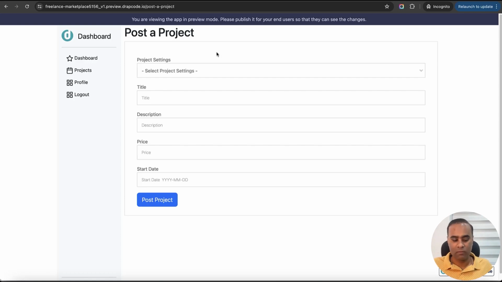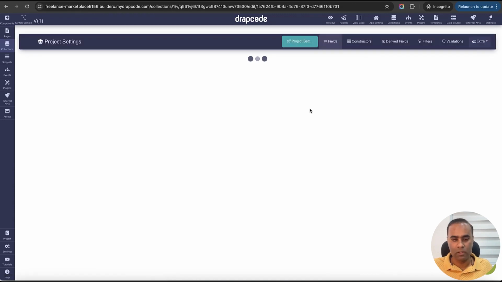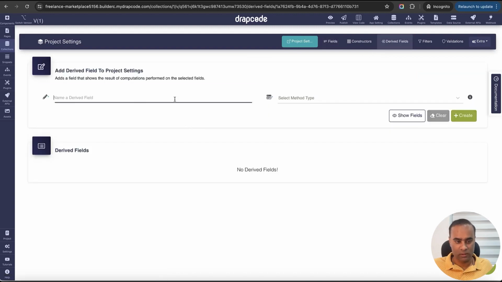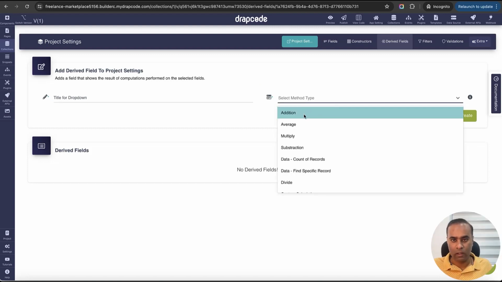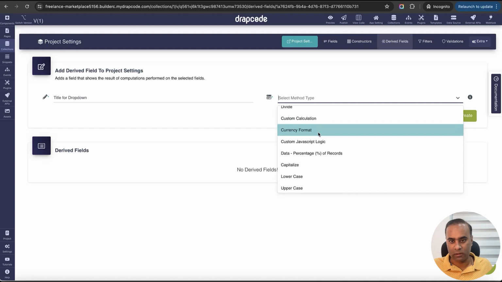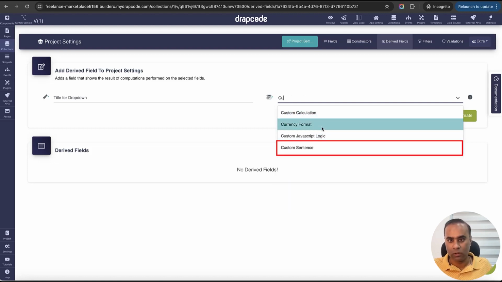Similarly, let's say we want to display a drive field. Maybe I want to display title and then price, maybe description. So let's go and see how that can be done. So what I'll do, I'll go to my project setting. Let's go and build a drive field. Okay, so let's say here I'll say maybe a custom sentence. I can do whatever I want to do, but I just want to